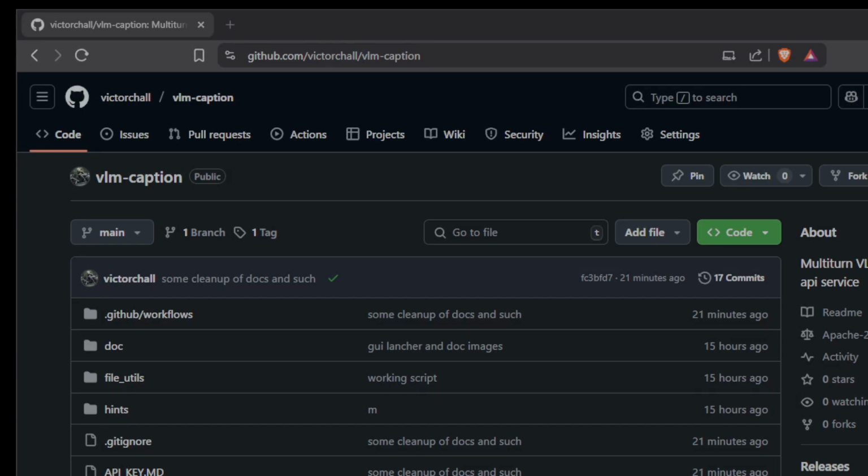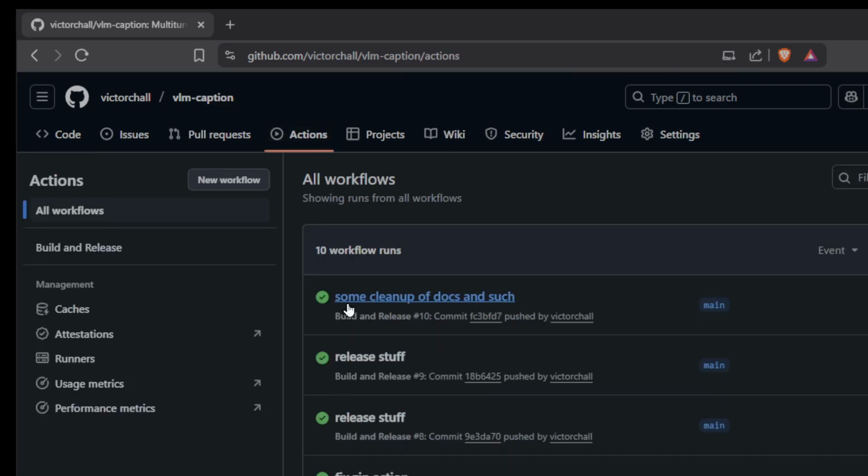I'm going to go over a quick download and run overview of the VLM Caption app. Let's start with just the install of the application itself. First, we're going to go to Actions on the GitHub page, and we're going to click on the topmost